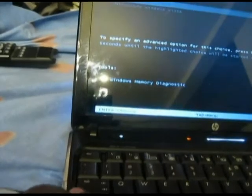Alright, so I'm going to turn my computer on here, and as you know, I've already backed up all the information I need. I still have the operating system installed, so what I'm going to do, I'm going to restart, turn it back on. Make sure you have your computer set to boot from CD, which I don't have right now, so I'm gonna change this. And usually for HP computers,